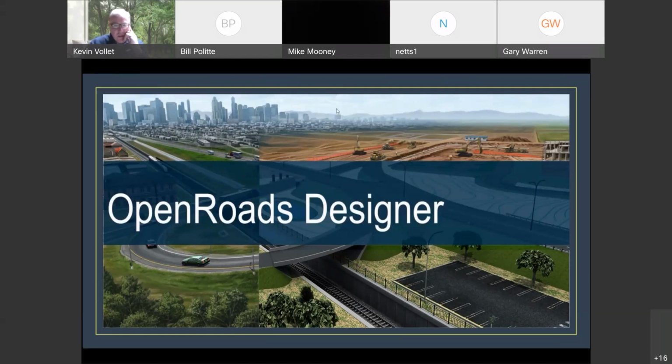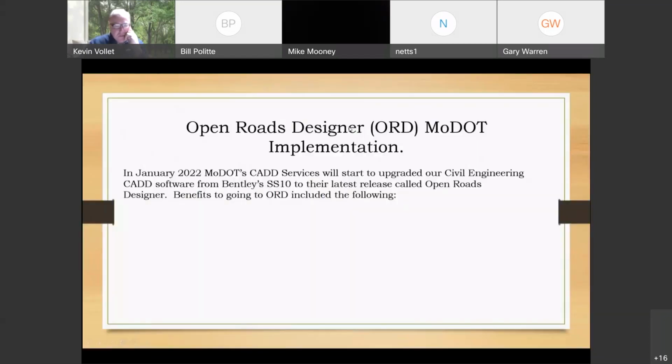Let me get my PowerPoint going here. In January 2022, MoDOT's CAD services will start to upgrade our civil engineering CAD software from Bentley's SS10 to the latest release, which is called OpenRoads Designer. Benefits of going forward to ORD include the following, but are not limited to.